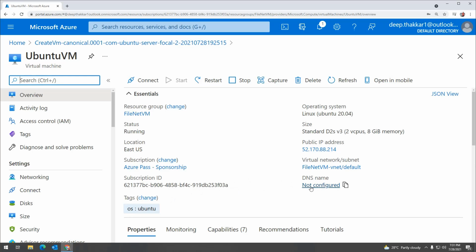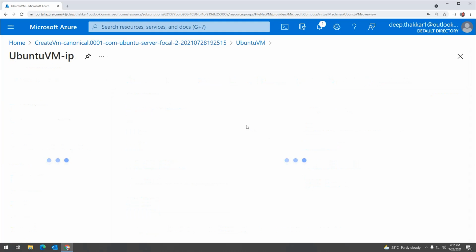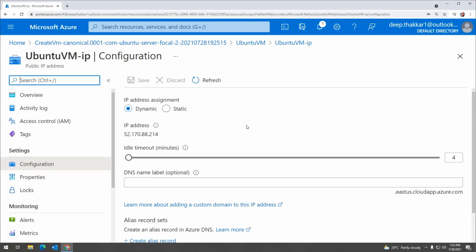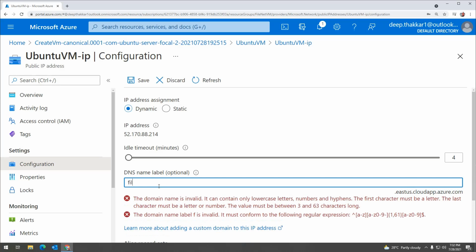The DNS is useful because every time you stop and start the VM, the IP address changes if it is not a static IP. So if you configure a domain name here, then you can just use that name, and you don't need to remember the IP address. I am giving filenet.